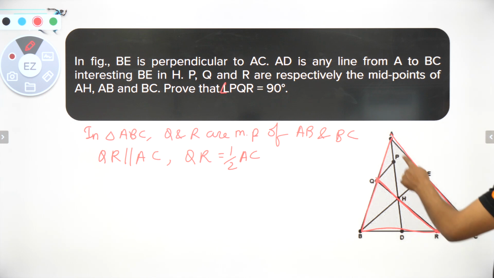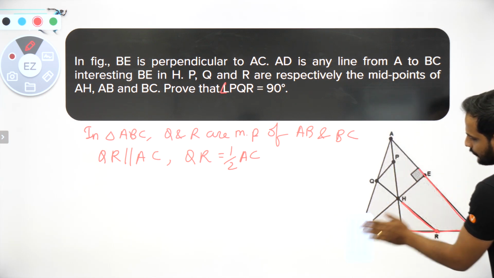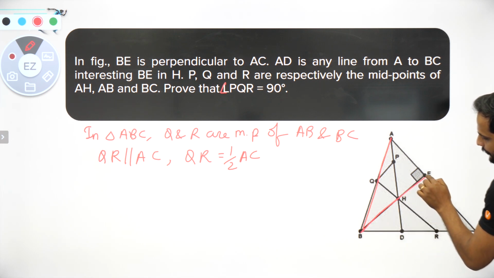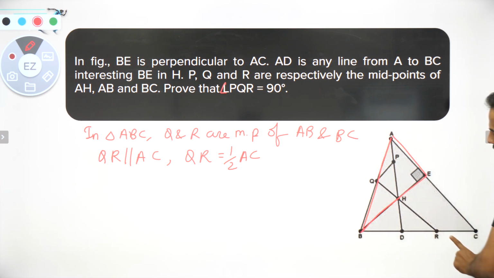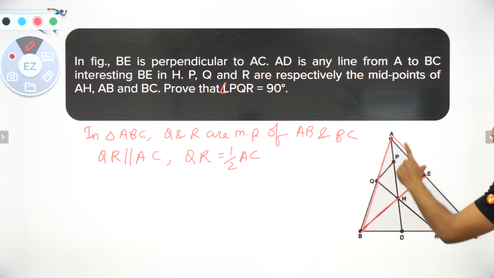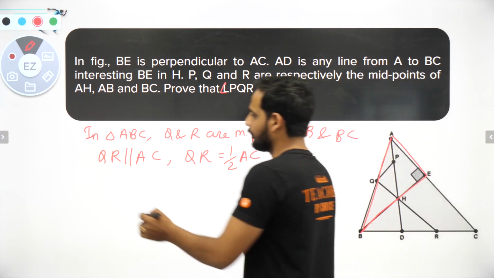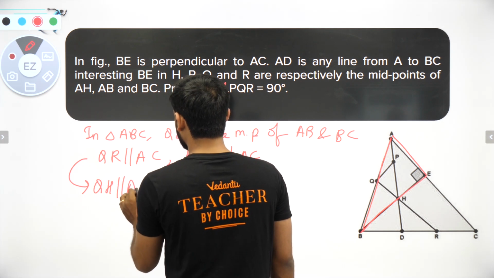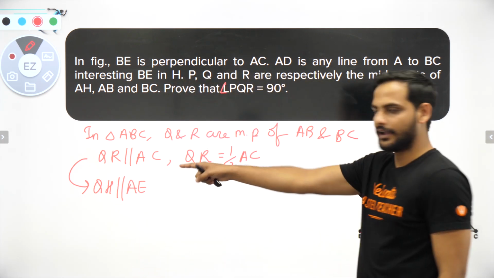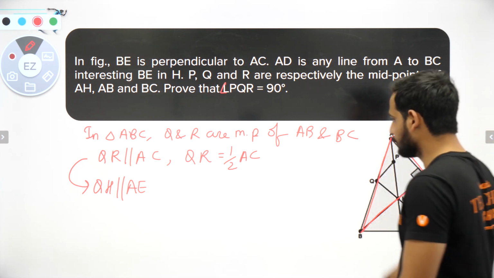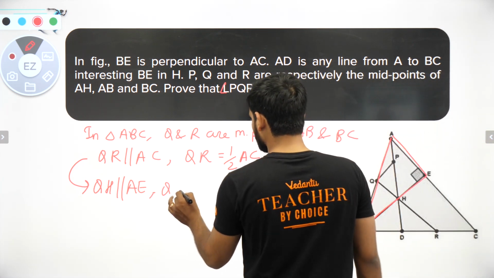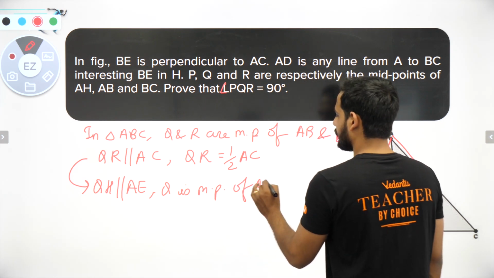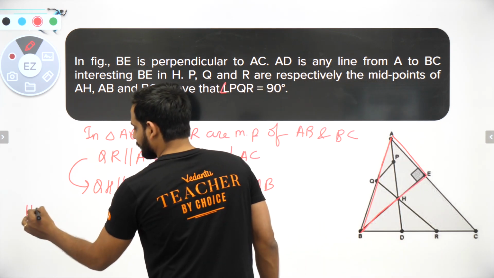Now you have to go for the smaller triangle. Which triangle am I talking about? You will go for this triangle. If QR is parallel to AC, you can say QH is parallel to AE as well. So from here you can say that QH is parallel to AE, and Q is the midpoint of AB. So using